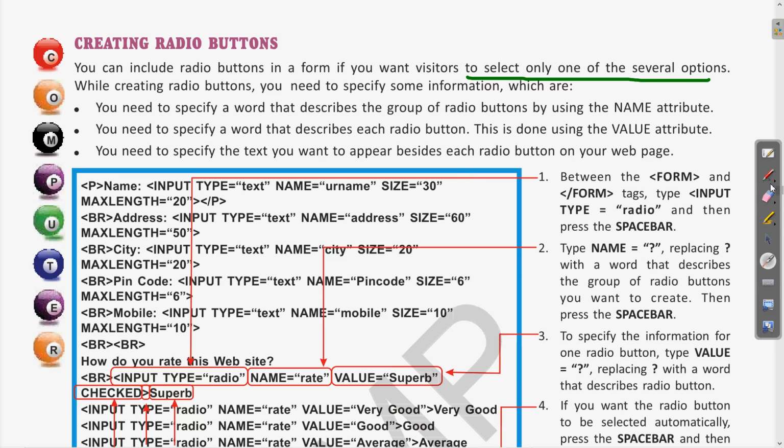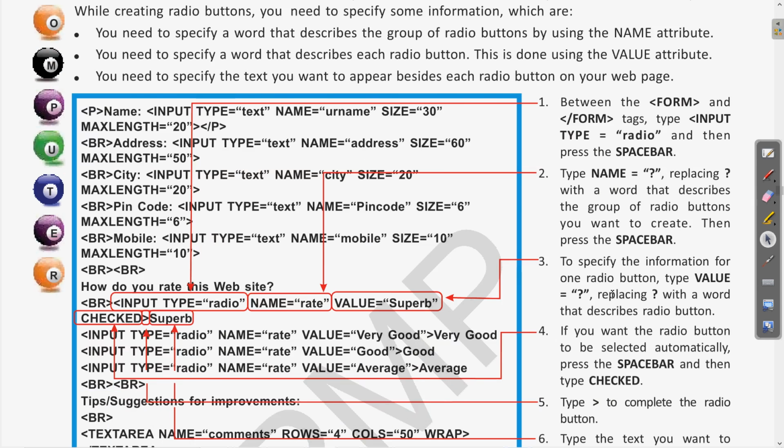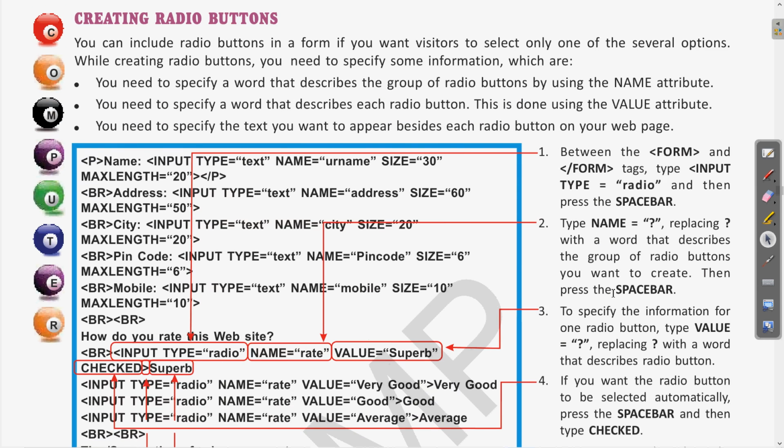So this group will be denoted by a name attribute. Clear? So using the name attribute we can denote that all these radio buttons are part of a single group. Group means that they are part of the answer to a single question, so that is denoted by the attribute name.